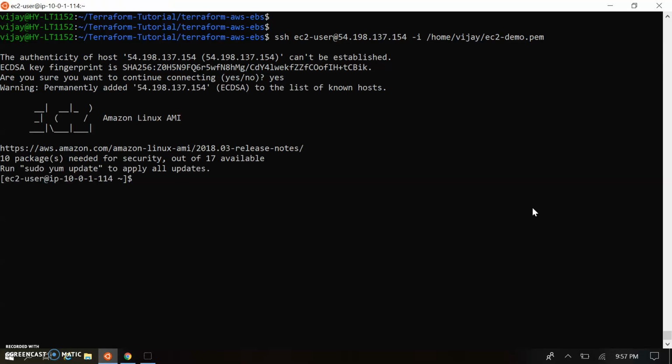So we connected to the instance, and let's see whether our volume is attached or not. I'm just switching to sudo for root access.